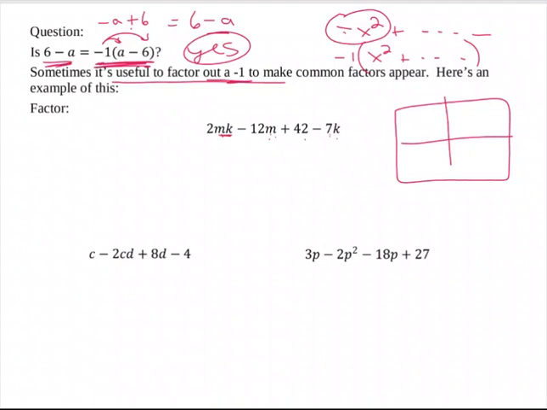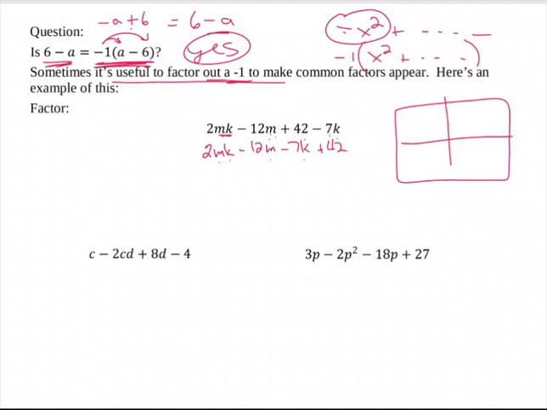So I'm actually going to rewrite this one in standard form. We have 2mk minus 12m, and then minus 7k, and then plus 42. Just so that we see the order that these terms need to be written, okay? Now, I realize that the letters are not written in alphabetical order, but because of the way the letters were given to me, the M was written before the K in that term. I wrote the M before I wrote the K here, okay? That's not super important, but that's the way that I did it because of how they wrote the letters